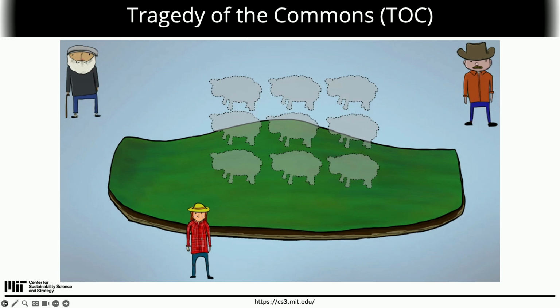Now, this plot of land has a carrying capacity. So if it's being used for sheep, in this case you have 9 sheep, and then if you include any more sheep above that, then the land starts to degrade, okay? Because you've got too many sheep grazing on this land, it can't grow back, the nutrients in the soil get degraded, etc. If you have an individual who owns this plot of land, they will know this carrying capacity and they won't go over it, because it will affect their profits when they go over that carrying capacity, and they'll say, no, okay, I'll keep it to 9 sheep and I'll keep maintaining this land into the future.